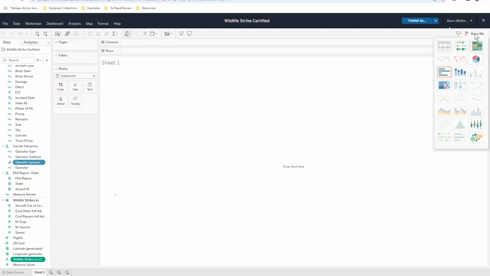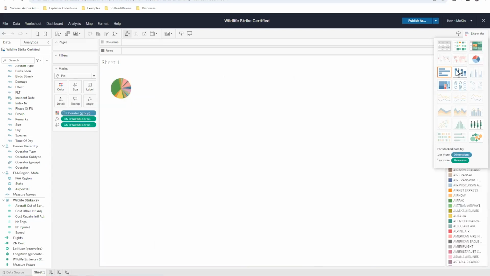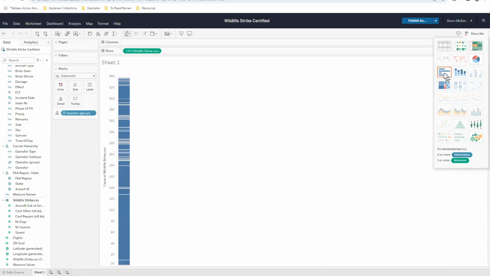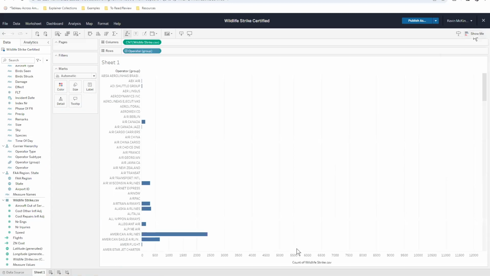Now I have a tool here called Show Me that helps me quickly see what kind of visualizations I can put together with the two pieces of information that I've selected. In this case, Show Me is recommending a bar chart, but these other highlighted chart types are just as easy for me to select. I can pick through the various different charts to see what my data looks like. But I'm going to go with the recommendation here. Let me go ahead and hide that menu, and let's sort our data.